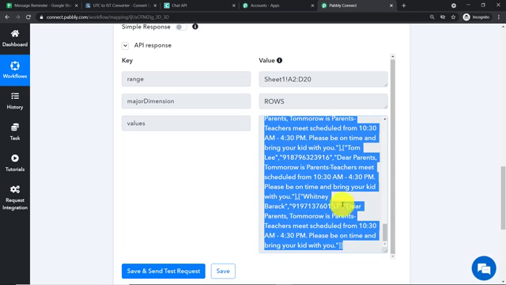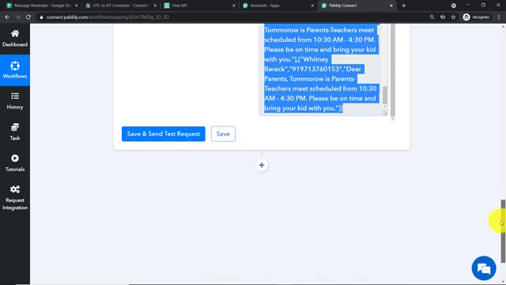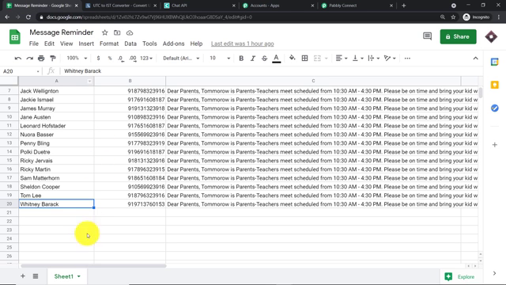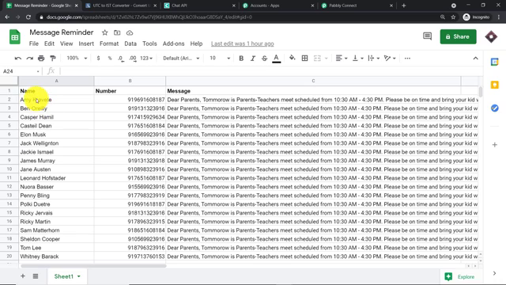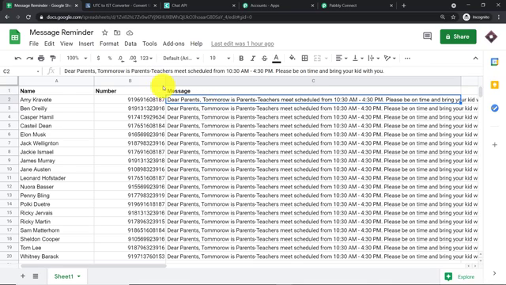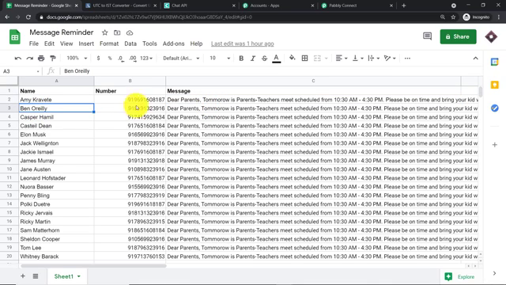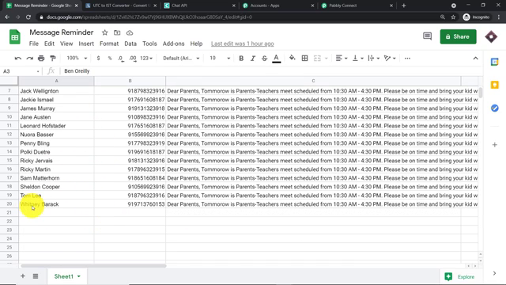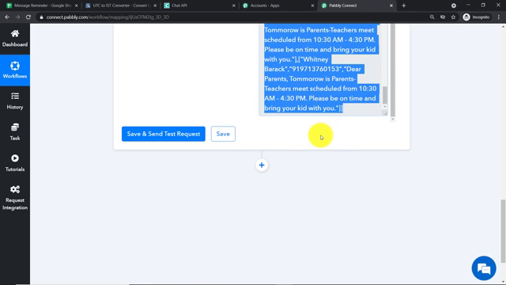So what we are going to do here is use an iterator to sort out one particular data. We want the data of Amy, this particular person, individually. We want Amy's name, number, as well as the message individually. And then we will be dealing with Ben O'Reilly individually. This process will continue, using the iterator, until the loop finishes. The loop will finish at Whitney Barrack. If you don't get it, let me just show you on my screen.